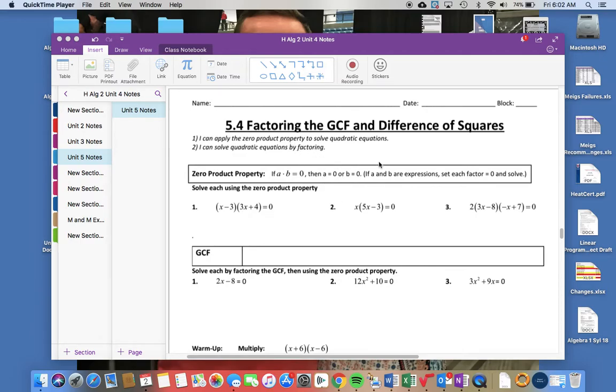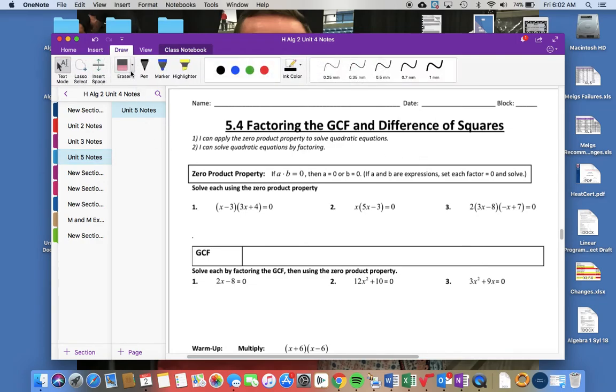In other words, if you had, let's just say, two numbers, 5 multiplied by something equals 0, then that something has to be 0. Or if you had something multiplied by 5 equals 0, then that something has to equal 0. Or maybe 0 multiplied by 0 equals 0. In other words, if you're going to multiply and get 0, one of your quantities at least has to be equal to 0. That's been a big idea as we solve quadratics,